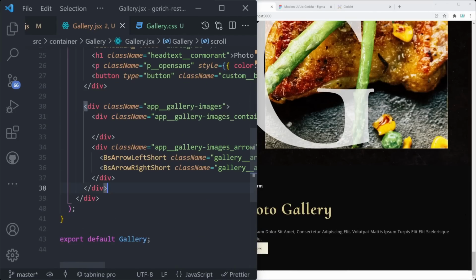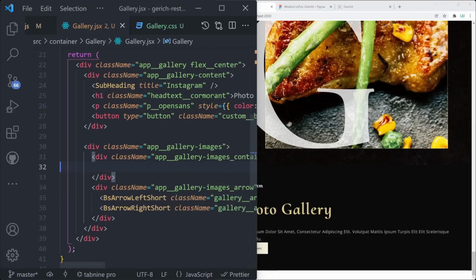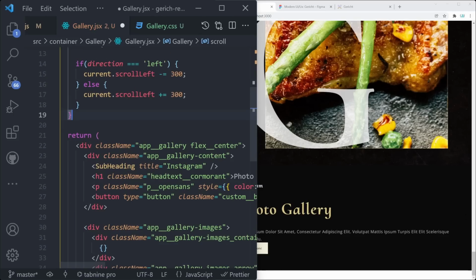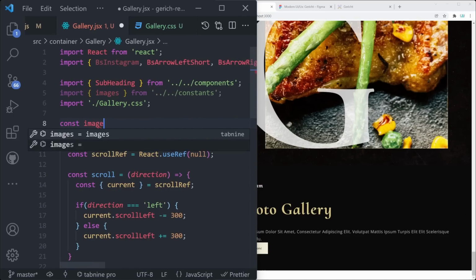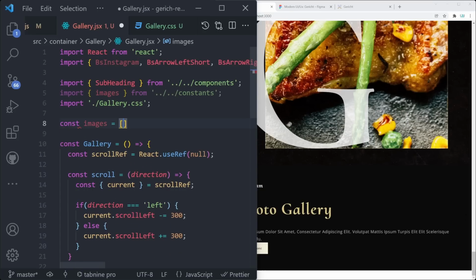Now, of course, we've coded the buttons. We cannot see them yet because they're dark, but we are yet to code the actual images. So let's loop over the images from our gallery. To do that, we can open a new dynamic code block, create an array sign, or even better, let's do that at the top right here. We can say something like const, and then images is equal to an array where we're going to have the first image,